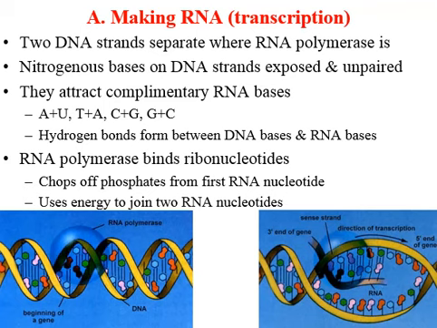The cell wants to keep its DNA protected and in the nucleus and use something else to take that message out to the ribosomes, which is where these proteins are being synthesized. So that's what we're going to look at. That's what we're going to see is making RNA,